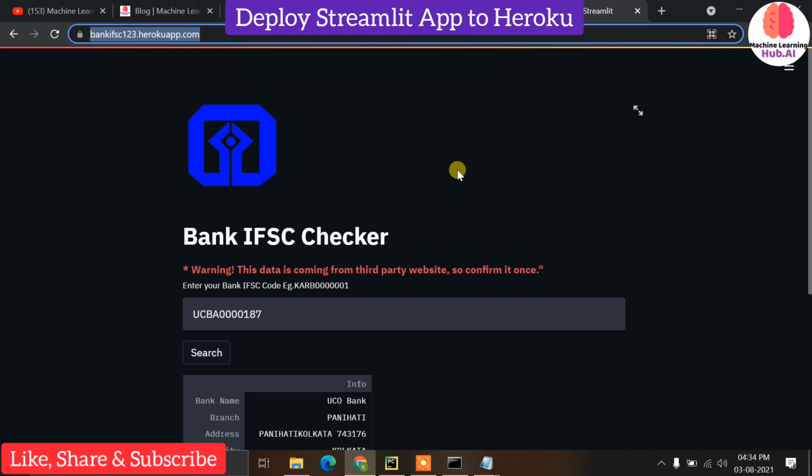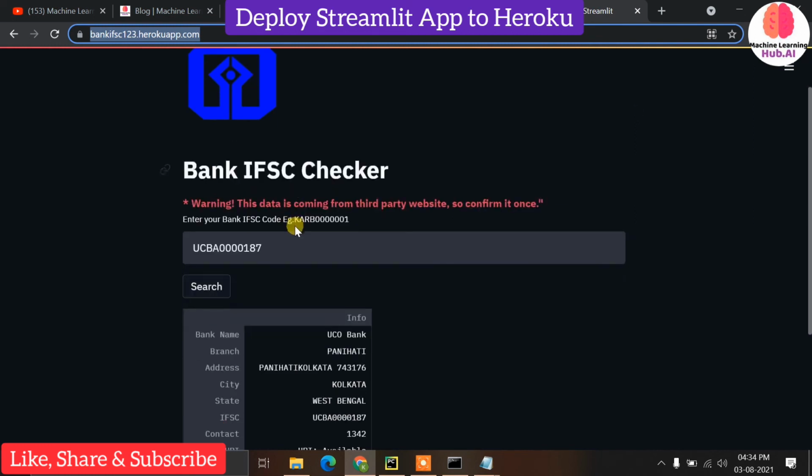But still we can accept that because this is free, and you cannot deploy this kind of heavy deep learning application using Heroku, in which the model size is high. I have got some comments saying your deep learning model size is around 200 or 300 MB, and Heroku will not allow you to deploy that kind of site. Even if all the things are working fine, you will not get the prediction from the system. Therefore you need to have the premium plan.